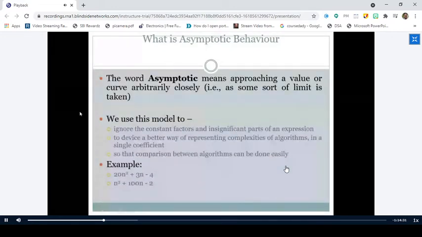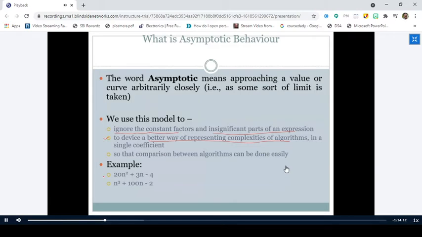So the point here you have to remember is you can ignore the constant factors and insignificant parts of an expression. Similarly, it is used to devise a better way of representing the complexities of the algorithms. What do you mean by a better way of representing the complexity? I cannot express the complexity of an